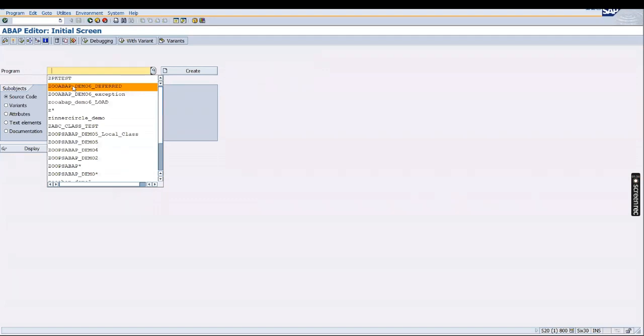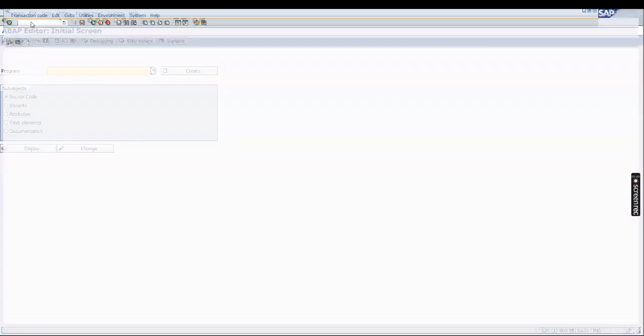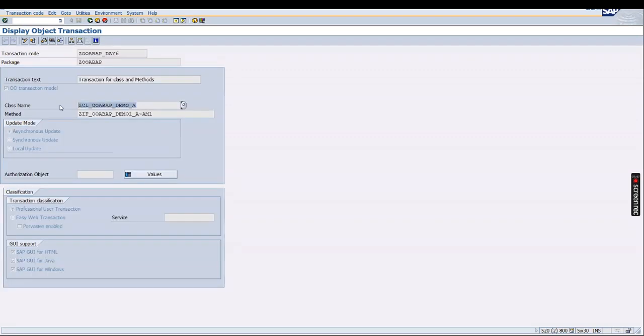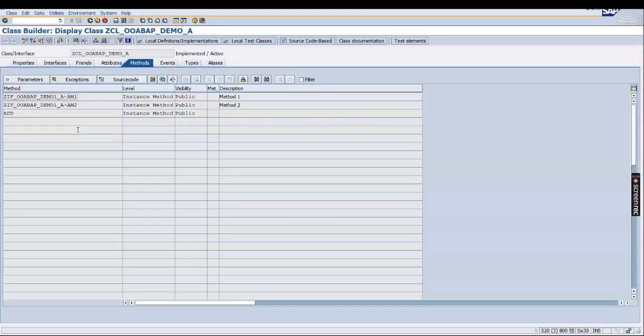So which example was that? Let's go to SE93, and there we have created this transaction. For this transaction, this is the class name which we used. So go to SE24 over here, go to this class name, click on this display button,